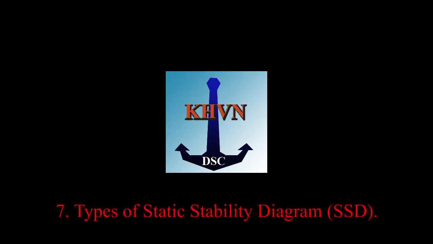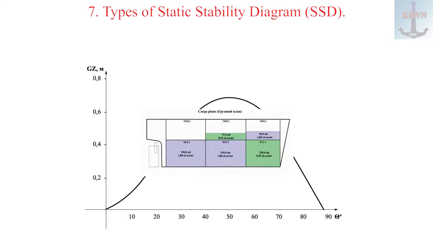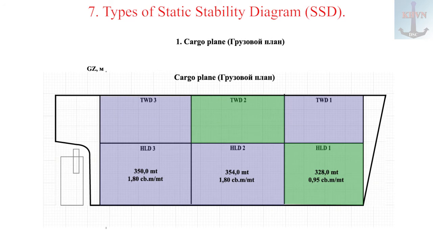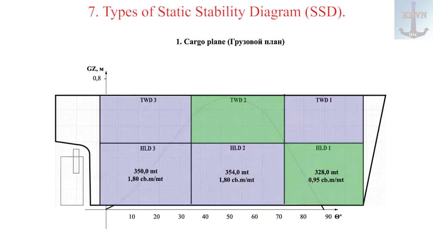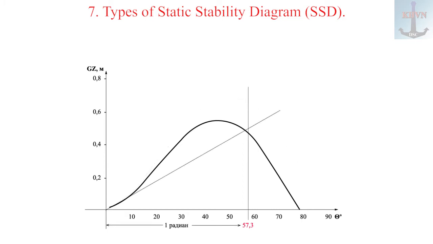Lesson 7. Types of Static Stability Diagram, SSD. In the previous lesson, I loaded the ship's tween decks fully, which somewhat reduced its stability reserve, the area under the SSD curve to the x-axis. However, even after reloading, the vessel met the 4 considered stability criteria, and this is normal if the ship is